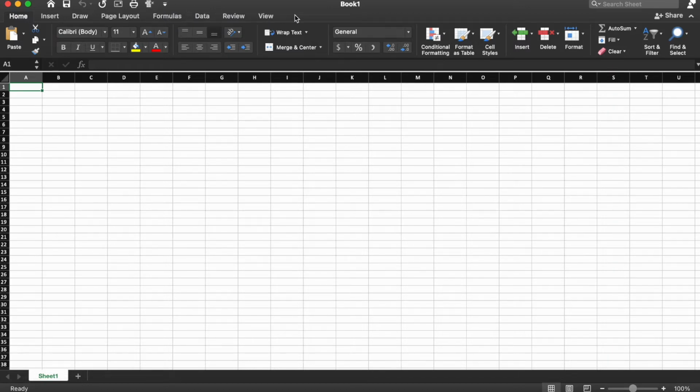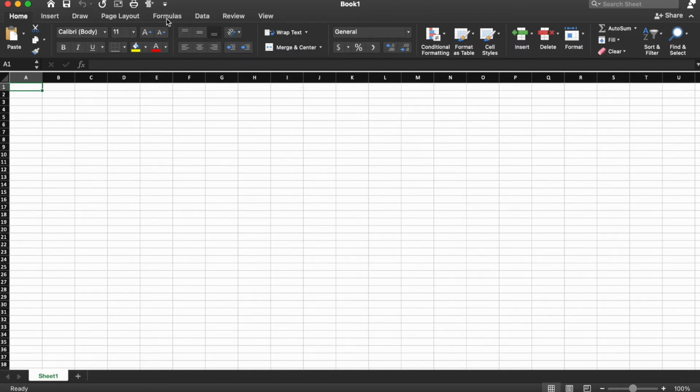In the middle of the screen, I have the workbook name, and our workbook right now is just named Book 1, but you can obviously rename it to whatever you'd like. The next section down is known as the ribbon, and there are tabs across the top of the ribbon that can be thought of as groupings of different tools. So for example, on the home portion of the ribbon, we have all sorts of different formatting tools. So your font, your size, alignment, different colors, all that type of information is on the home tab.